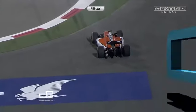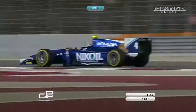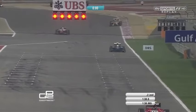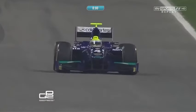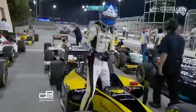I think that is pretty much it, and it was traffic then for Leal. You see all those cars around him. Leal lost so much time through Sector 2, comes through, down the start-finish straight. There is Lancaster behind him. Leal over the line doesn't improve. What about Lancaster? Lancaster moves up to 11th, but it is Jolyon Palmer who is going to start this season